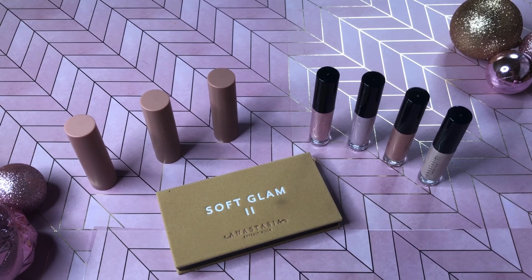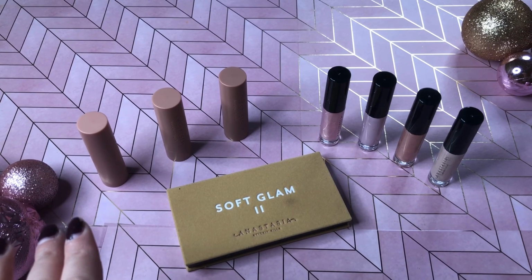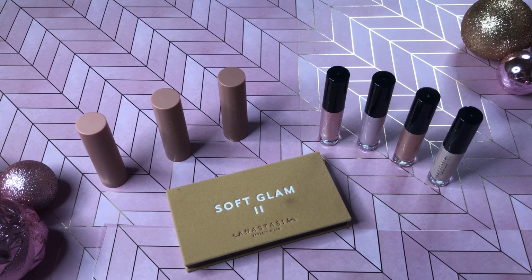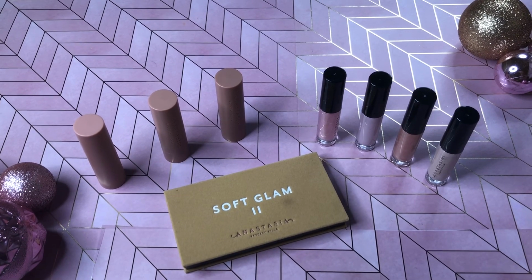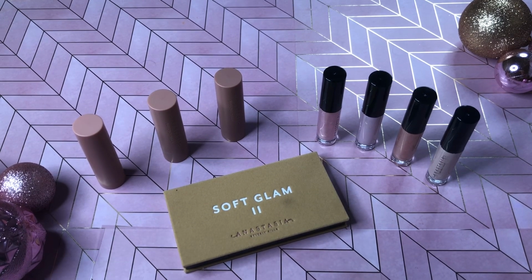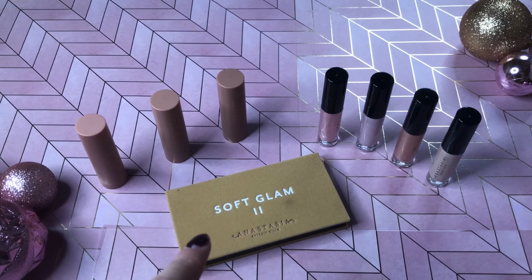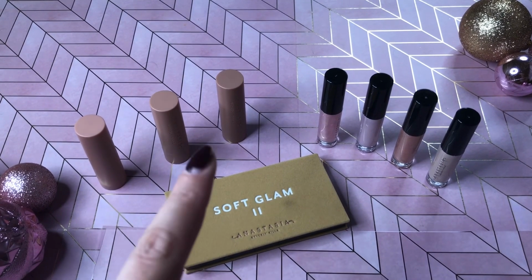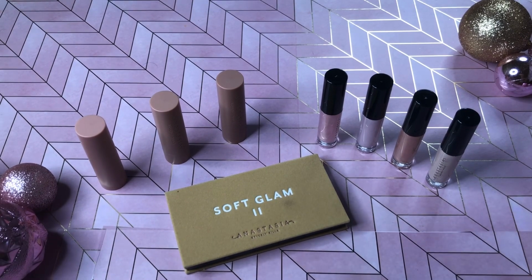Soft Glam, I already have it. It's one of my favorite Anastasia palettes. I keep that in rotation more. And I had two because I finished one. I bought my second one during last holiday when they had the vault with the 3 different eyeshadows on the website. So I like that there's a mini, and I get the same shadows that I typically use on the big one in this one, so it'll be nice to carry around